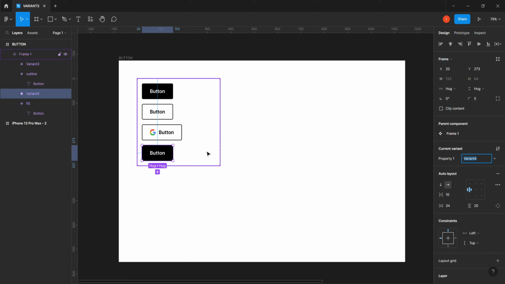We are going to select our button, then let's change our corner radius to 20. You can even make it 30. Right, so we have our